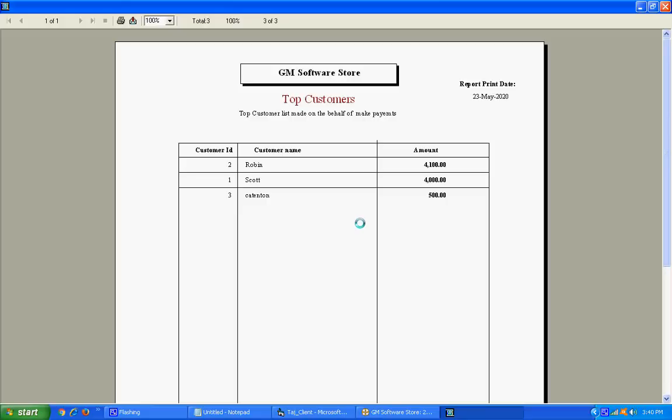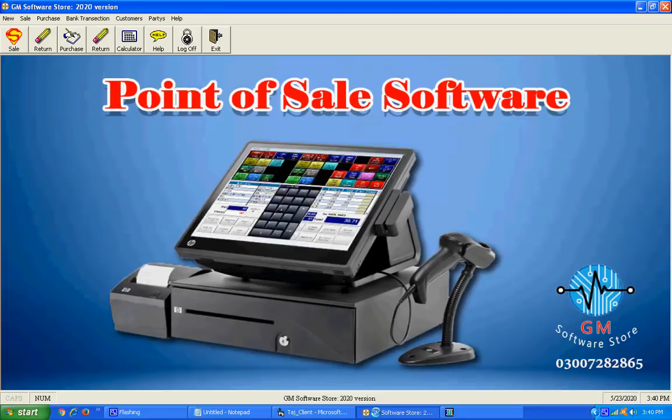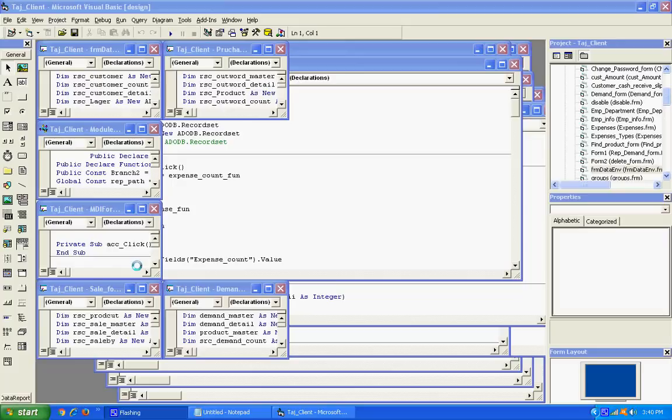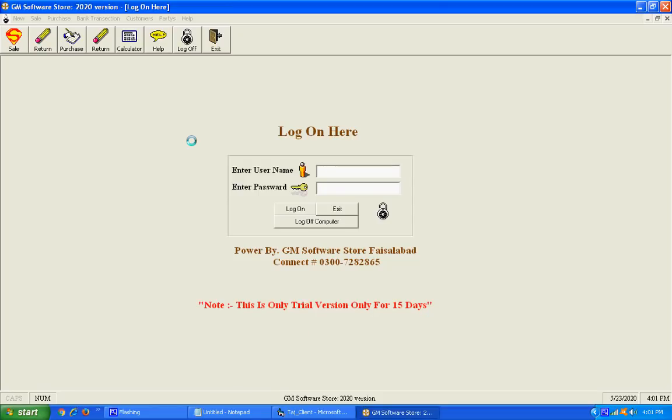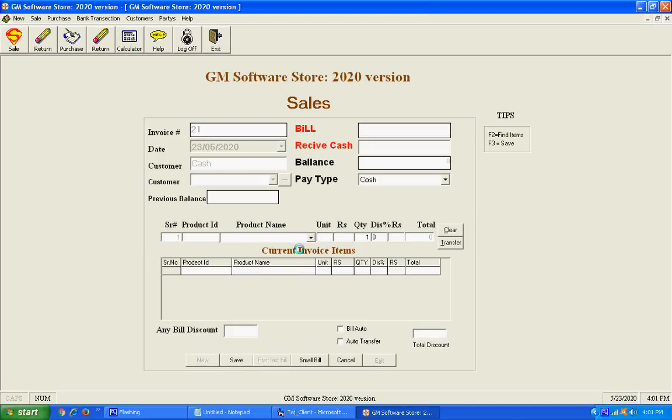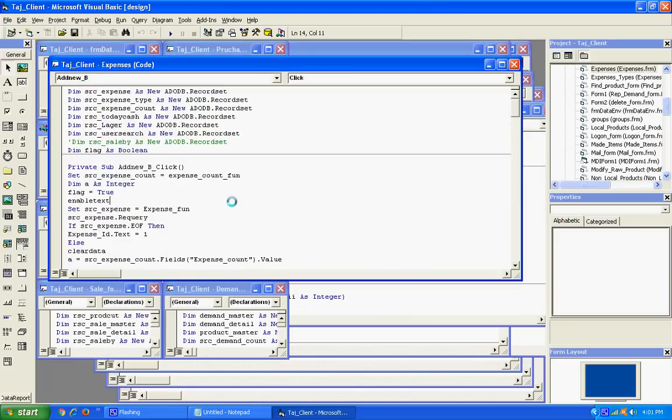Now I am going to add some work on our system software. First of all, I am going to stop my software. Hello, now we are going to check the problem. When I scan some product, an error shows. I checked the product scan after transfer. This is transferred successfully after the sale. Maybe this problem is after the sale.